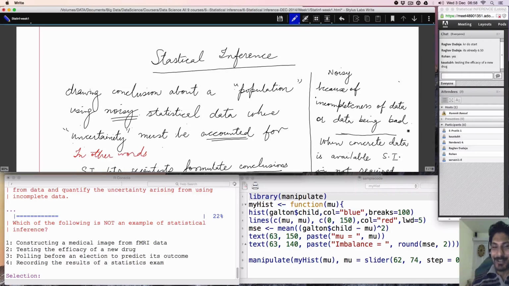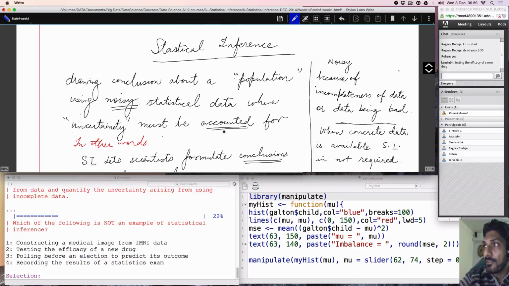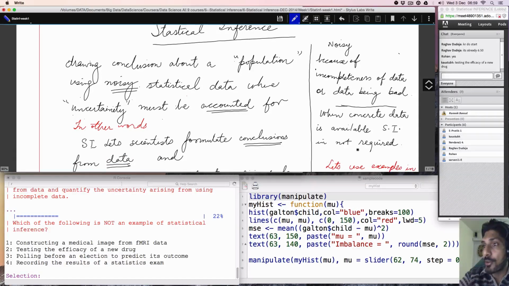With the Swell assignments, it has become really interesting. We look at a concept and then there's an example to see if we have understood it or not. Okay, now look at it. What did we say? We say that first of all, the data that is involved in statistical inference is not complete data, right? So it is incomplete. That is an inherent thing about it. Then it may or may not be bad. It's not that it's necessarily bad. Okay, so incompleteness of data is the key thing because of which we require statistical inference. And we also said that when the data is concrete, that is all the data is available, then we don't need to bother about statistical inference.